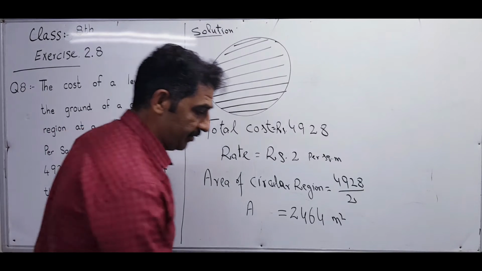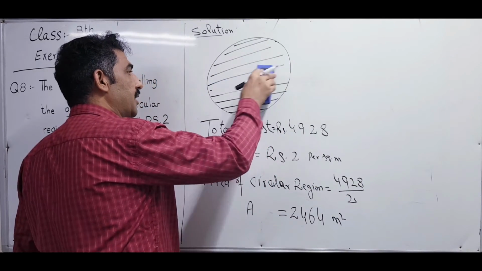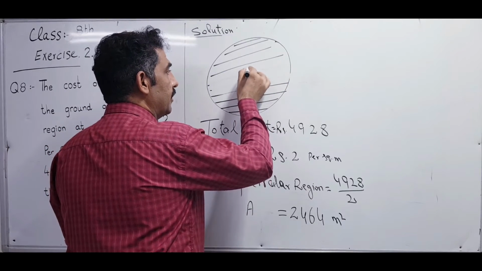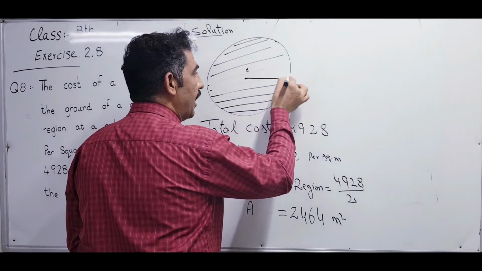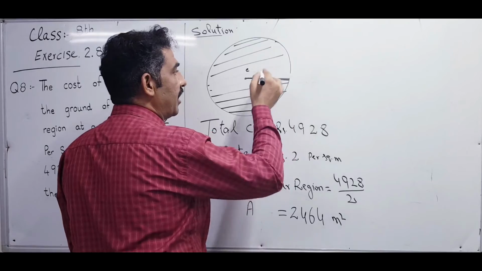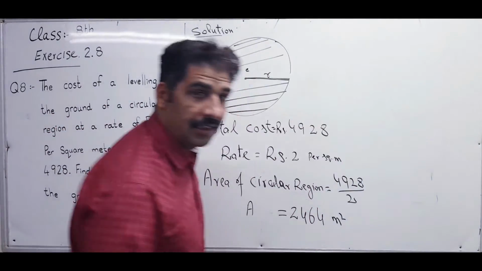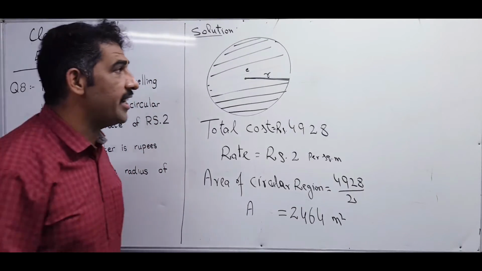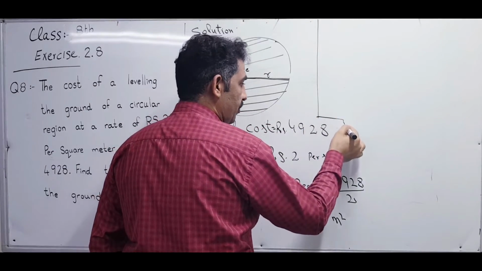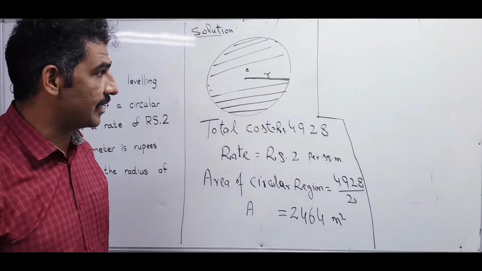And what is radius? A little bit of change in this diagram to explain the radius, because that is a cluttered portion. There are too many lines, so that is the center. From the center to any point of the circumference, the length is called radius. We have to find out the length of this radius. So what is the formula for the area of a circle? So we need to use the formula of the area of a circle.